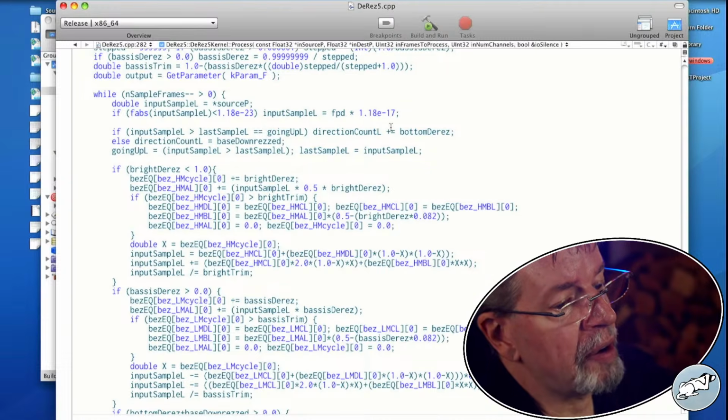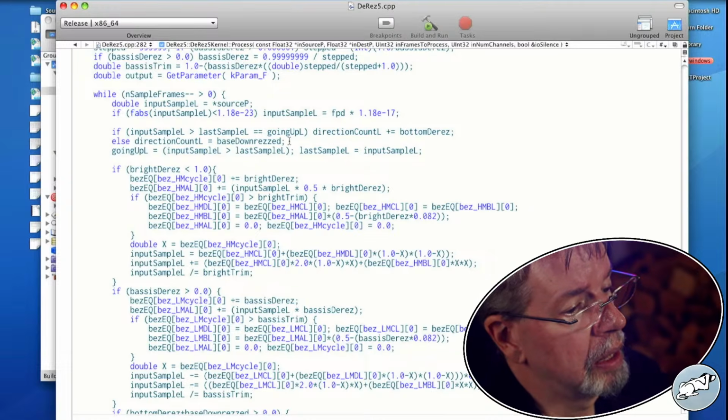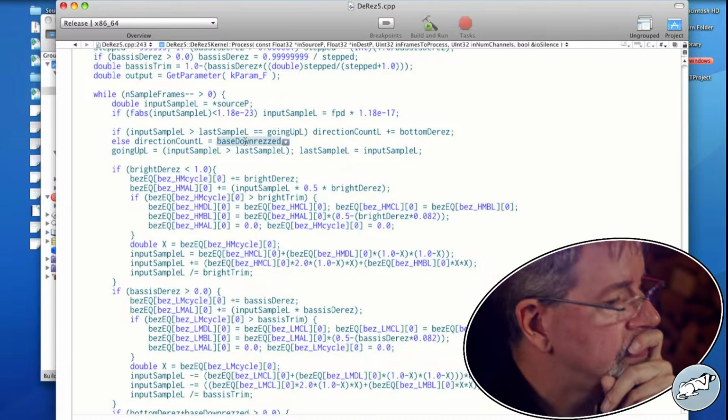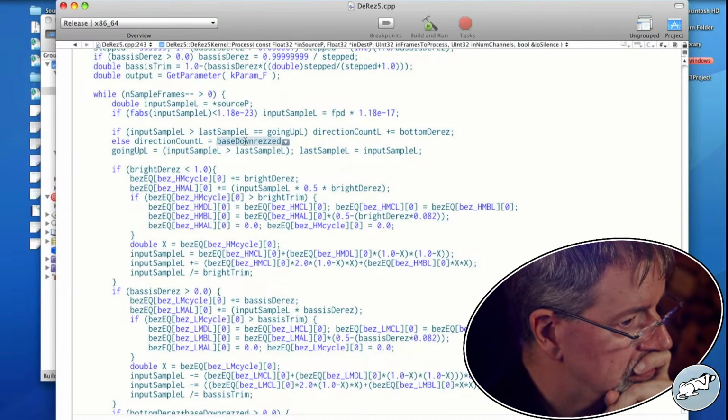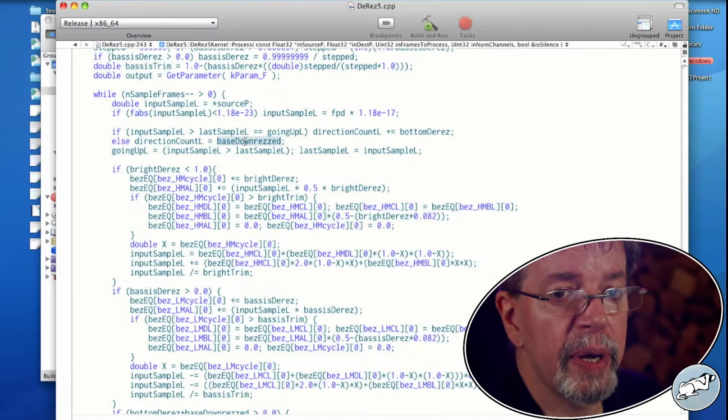That means if we have high frequencies happening, all basically seems to work.